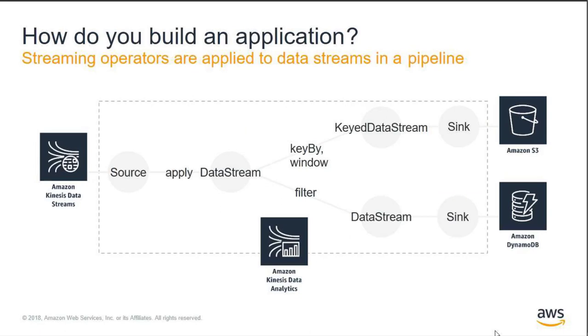So what would a simple application look like? So imagine on the ends, the streaming storage and the destinations. You have Amazon Kinesis Data Streams, which is capturing those IoT device data. Maybe it's sensor data as an example, and then eventually getting the data to Amazon S3 and DynamoDB. So first you have the data source, which is associated with the data stream. You might apply a very simple apply operator, which just does a small transform on the incoming data.